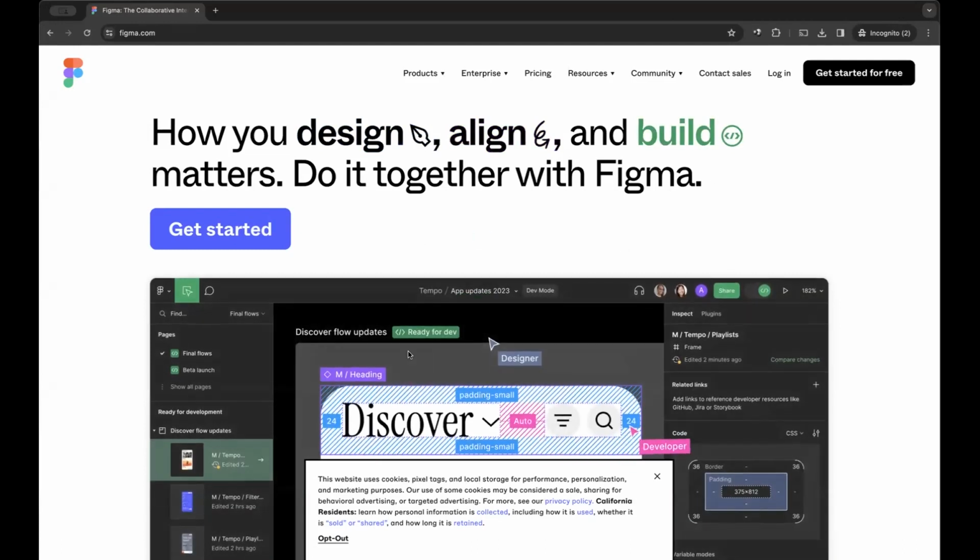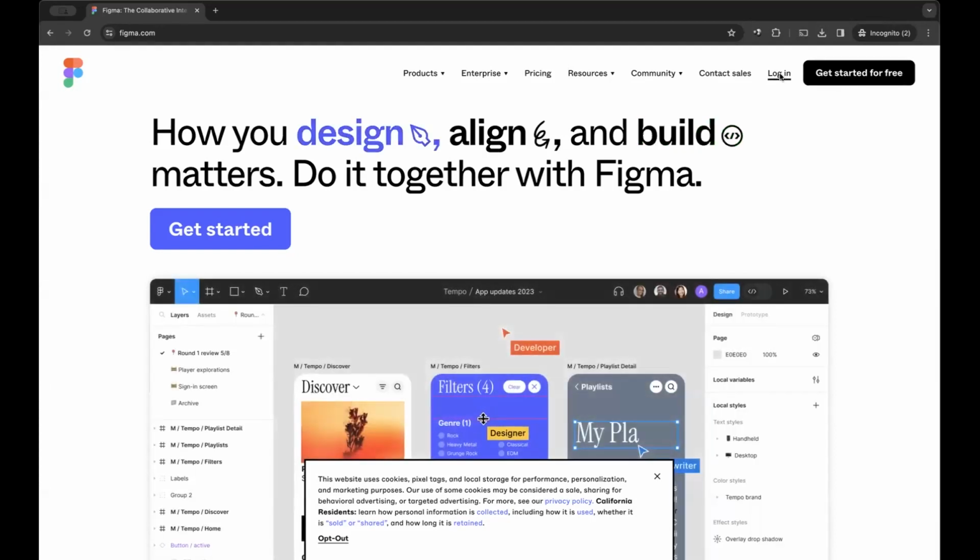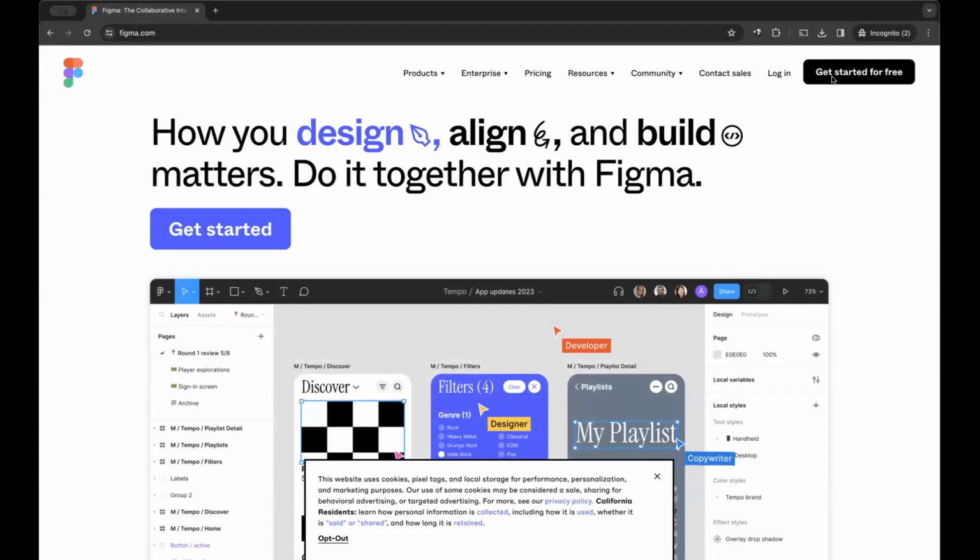You should see this if you click on figma.com. This is the tool that we are using for our UI UX properly now. Sorry, I'm going to try and speed up a little bit so that we can gain more ground on this software today, and then more of it next class. Okay, so if you are here, get started for free. If you already have an account, because I'm sure a lot of us are familiar with Figma already, just log in.